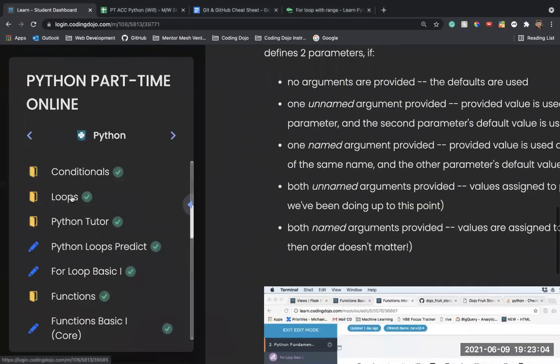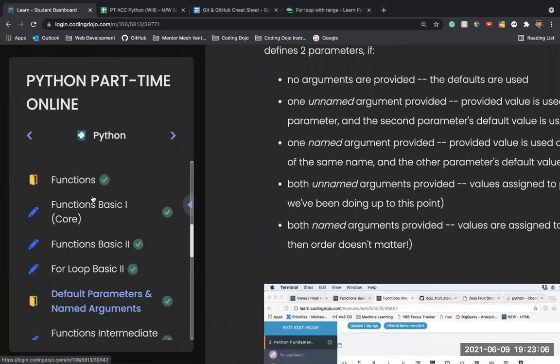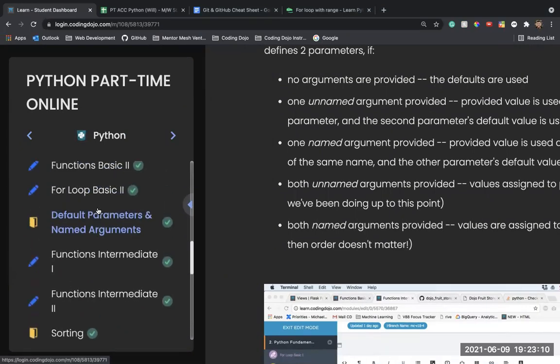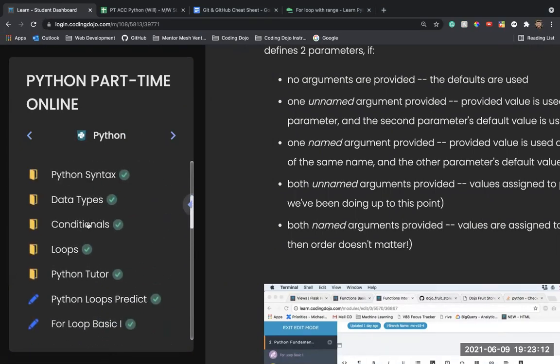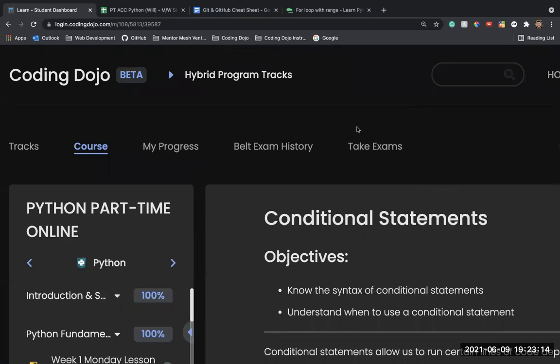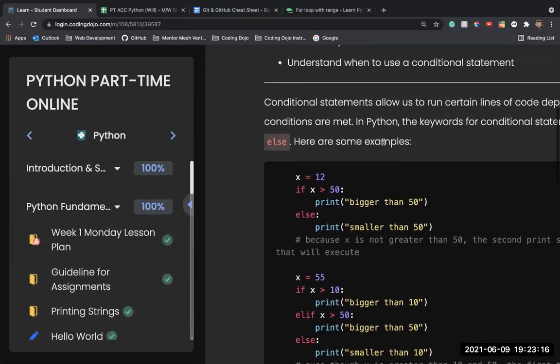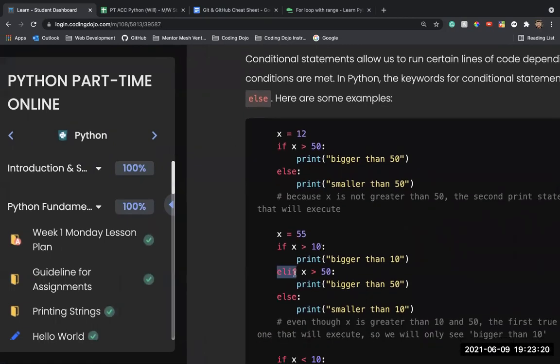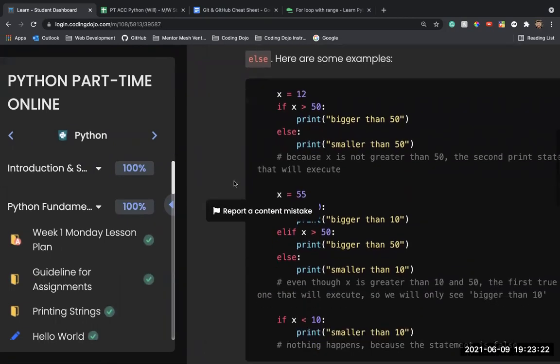Cool. Last thing I want to talk about, we're going a little bit over time. Not a little bit, a lot of bit over time. Last thing I want to talk about are your conditional statements. We've already talked about if statements a lot. The only thing that's different is the way that they're worded, and it's the else if. So instead of an else if, you just write elif.